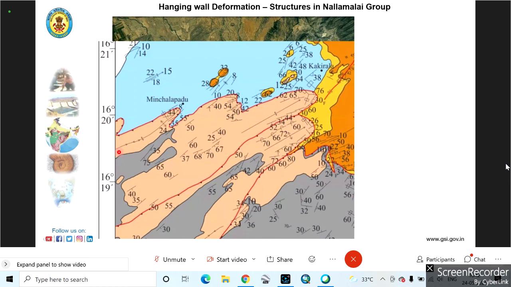Now you see that this blue colored one, that is the Narji limestone, is actually all surrounding this, and the oak shale is also surrounding these small outcrops of the quartzites. So this is a typical case where these quartzites are highly deformed. They're showing a similar type of deformation to what you're seeing in the actual Nannamalai fold belt, where I have shown you the antiforms and the thrust, and these oak shales are nearly undeformed.